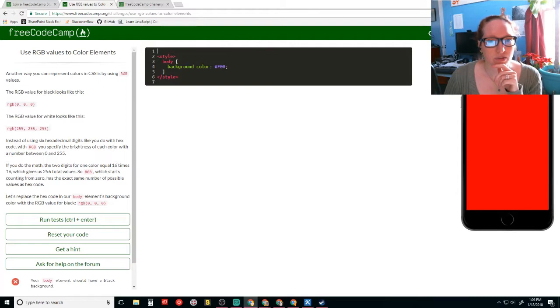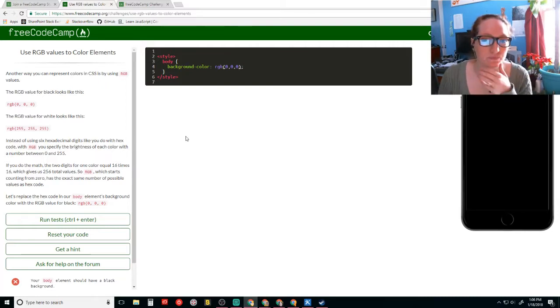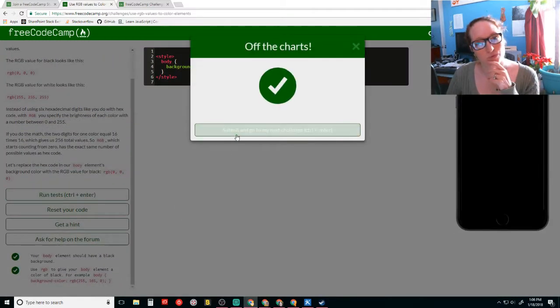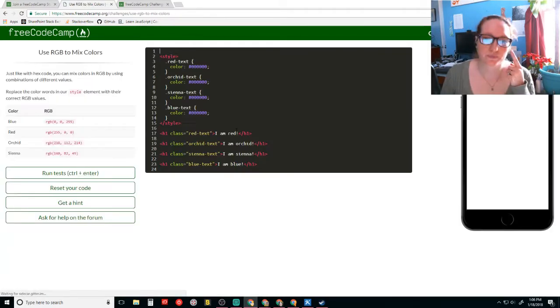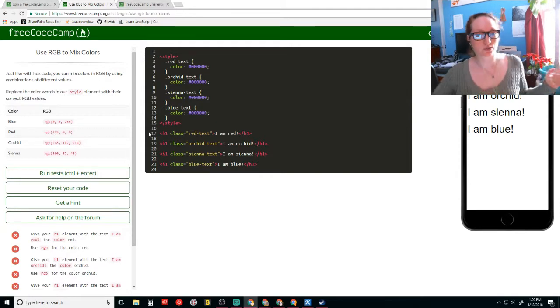Okay, change the RGB value. We want RGB. This is annoying. 0, 0, 0. There we go. Oh my god, this is kind of annoying, right? We struggled through all of that stuff, and now we're just like boom, boom, boom, boom, boom with the colors, because we've done this so many times before. Okay, blue. And now we're going to copy paste because typing all this in is a pain. Blue, blue, blue.